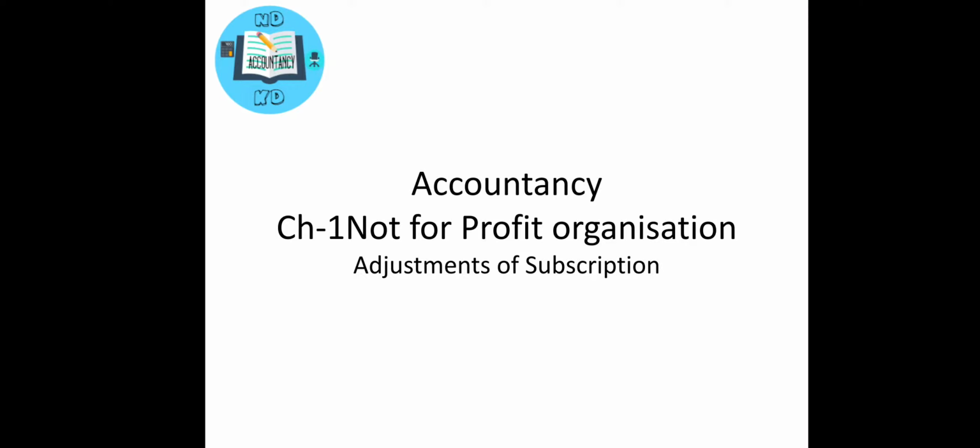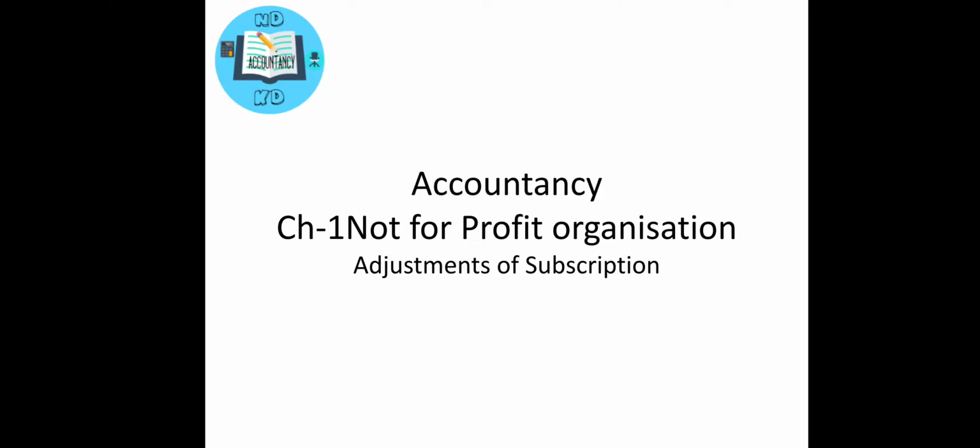Welcome everyone. Now you are through with the previous first to 5 sums of NCERT, so you will understand how to prepare income and expenditure and the balance sheet effects and receipts and payments in that. But now what we are going to learn includes the subscription adjustments also. So first I want to teach some extra sums I will be giving for the adjustments of subscription, so that you will understand the internal adjustment of subscription, and then we will move on to the major sums of 6, 7, 8, 9 onwards.